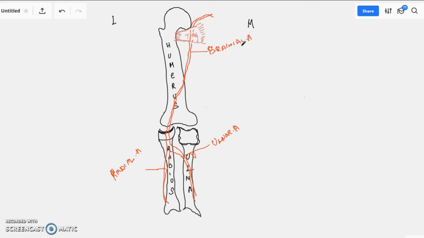And here you have to remember the origin: it is a continuation of the axillary artery from the lower border of teres major. So this will be called the axillary artery. Then, in its course, it reaches the upper part medially. In the middle part of the arm, it crosses from the medial to the lateral side. In the lower part of the arm, that is in front of the elbow joint, it is present laterally. Here we have one important area called the cubital fossa, where it is related laterally. Then after reaching the neck of the radius, it is going to divide into two branches. One is the medial branch, which we will call the ulnar artery, and the other is the lateral branch, which we will call the radial artery.